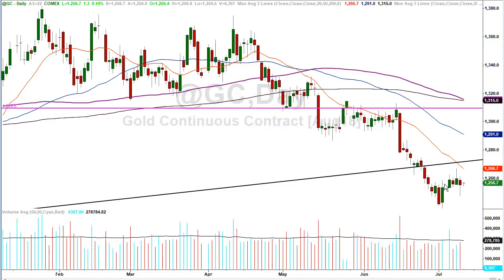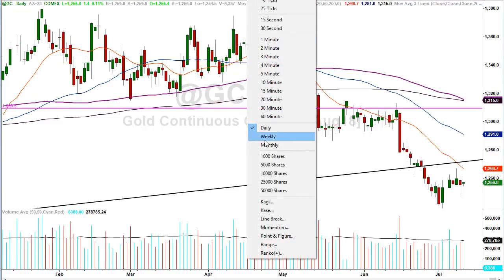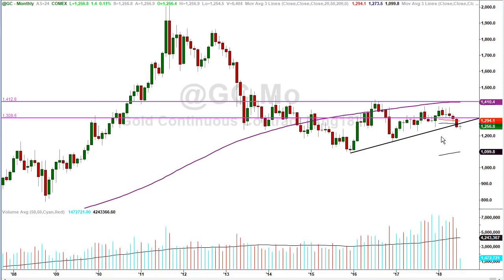When you look at the daily chart, we could be going sideways, preparing for another push higher. But where is that push higher going to take us? Maybe it only takes us to the underside of this upsloping trend line. Where does that trend line come from? Well, look where it comes from on the monthly chart. This is a potential breakdown which could bring much lower prices in the gold market. Unless we recapture this trend line and begin trading above it, this will generally promote lower prices